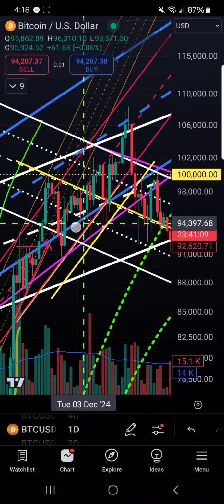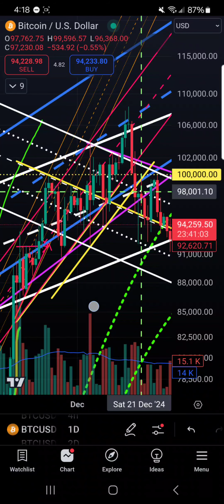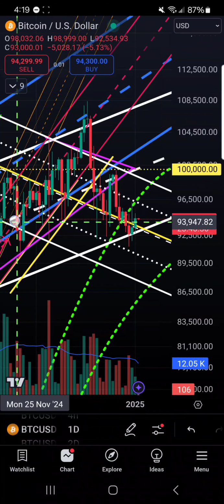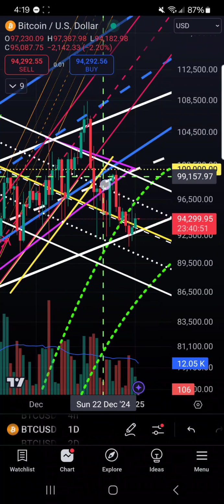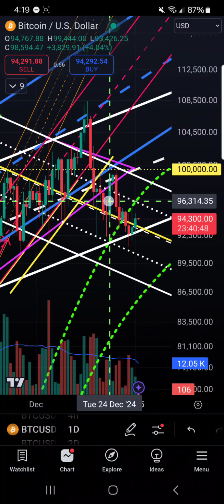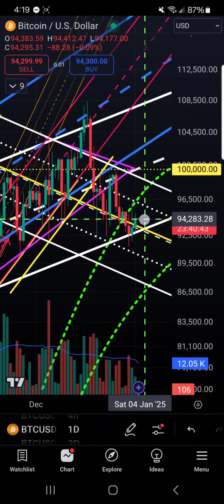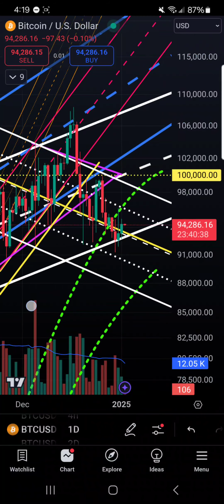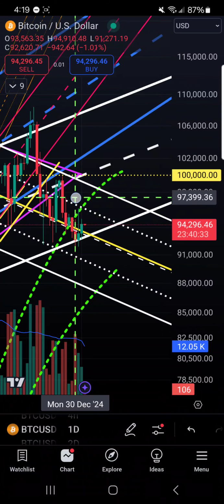So arguably, yes, there is kind of a head and shoulders pattern. There is a reversal pattern here. But really what it's doing is it's just forming a set where we switch back and forth. We do a head and shoulders pattern here, start heading down this way in this channel, and then we get back to the bottom of our white parallel channel here, and we form this inverted head and shoulders with the